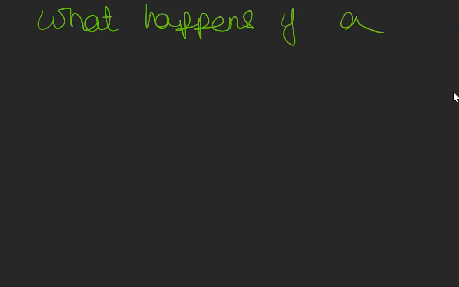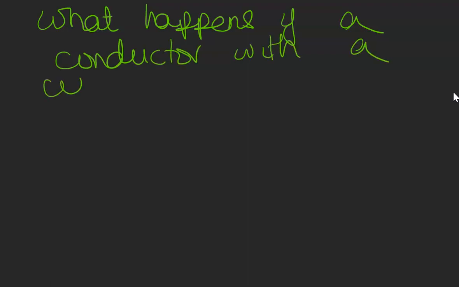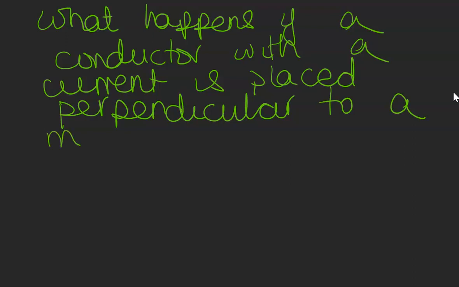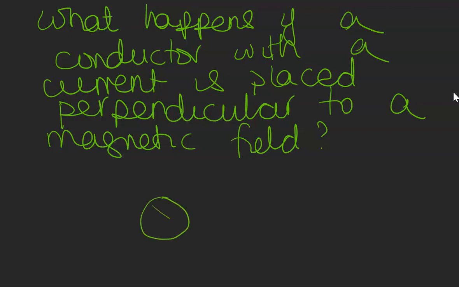if a conductor with a current is placed perpendicular to a magnetic field? So the question begs to ask, what happens now if I take a typical wire carrying a current